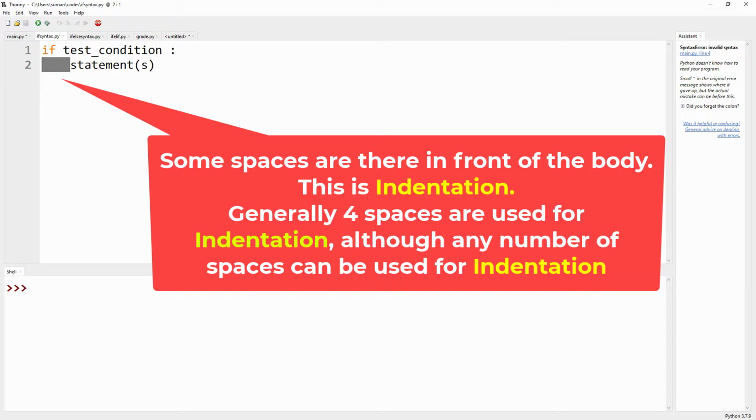However, it does not matter how many spaces are used for the indentation, but always be consistent with the spaces for the indentation. That is always a good practice. Generally, 4 spaces are used for the indentation.